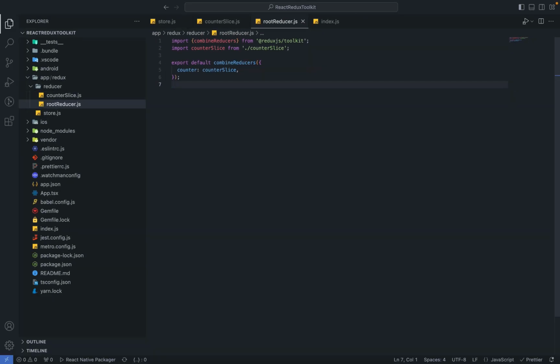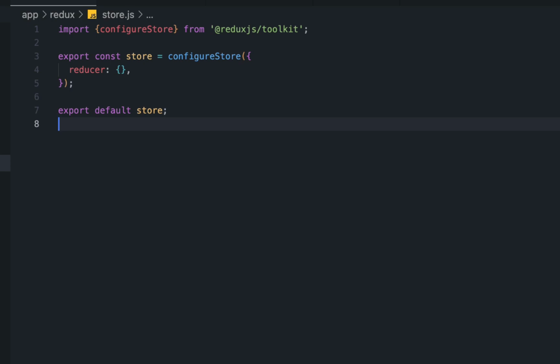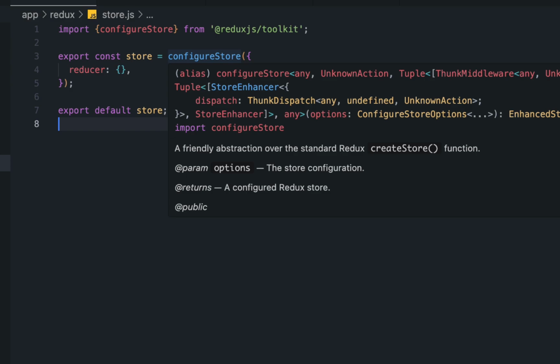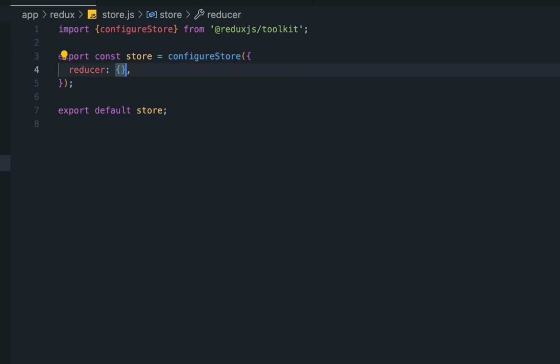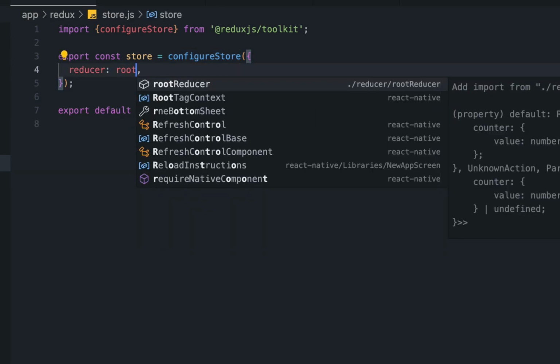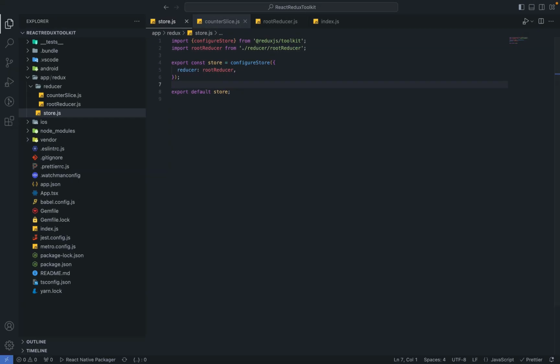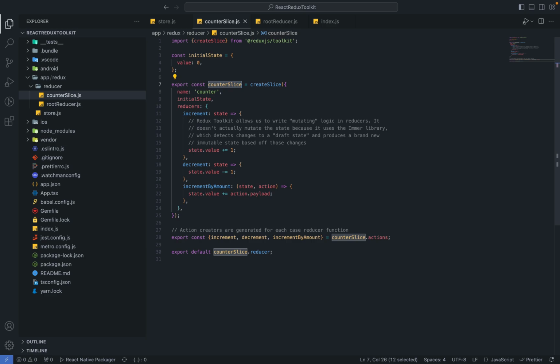We have root reducer now. So we need to pass this root reducer inside our store. So in the store, we have something called reducer inside the configure store function. So in the reducer itself, we need to pass root reducer. Okay. Now, if we come back to the counter slice, we can see this is